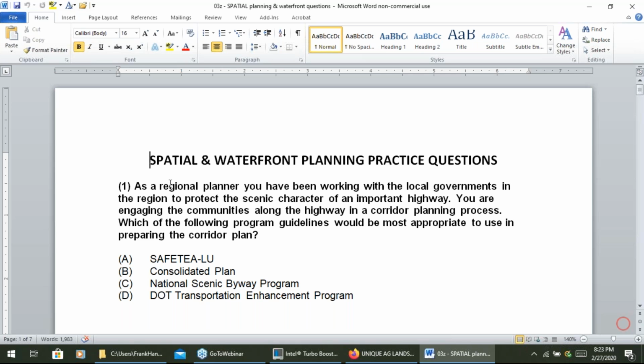All right, so some spatial and waterfront planning practice questions. As a regional planner, you've been working with local governments in the region to protect the scenic character of an important highway. You're engaging the communities along the highway in a corridor planning process. Which of the following programs or guidelines would be most appropriate to use in planning the corridor? We didn't explicitly talk about this, but